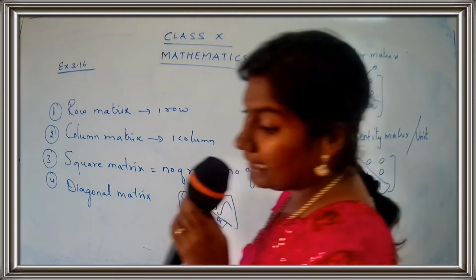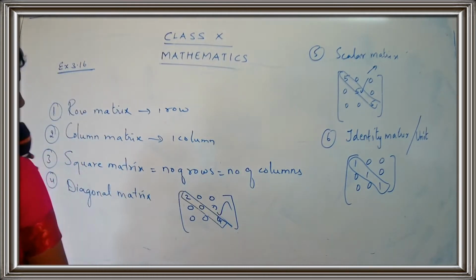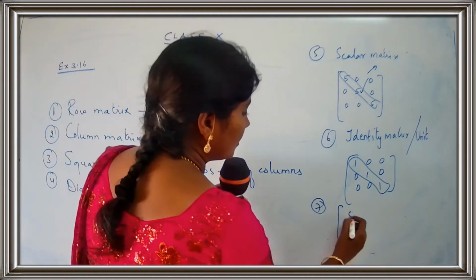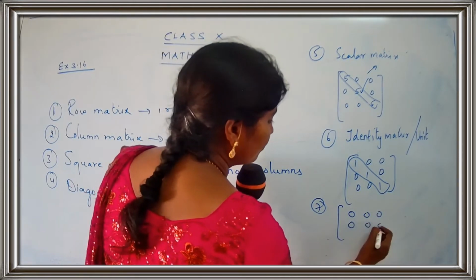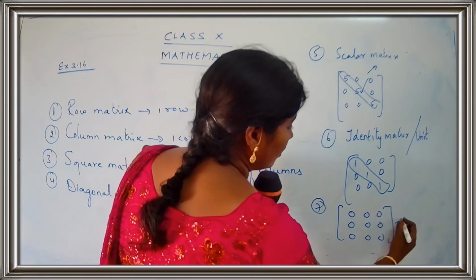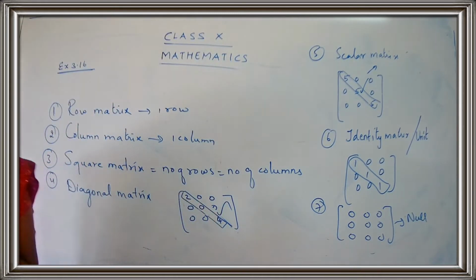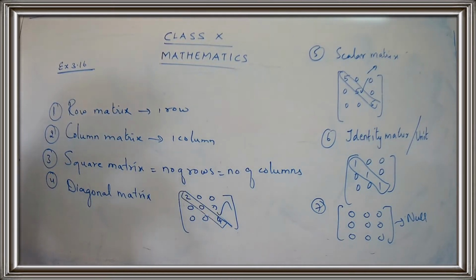Okay. Then we had a null matrix. What is the meaning of null matrix? Null matrix means all the elements will be 0. All the elements are 0. So it's called a null or a 0 matrix. Yes, children? And we also studied about the transpose of a matrix and also we studied about the triangular matrix. Let's see what is transpose of a matrix?